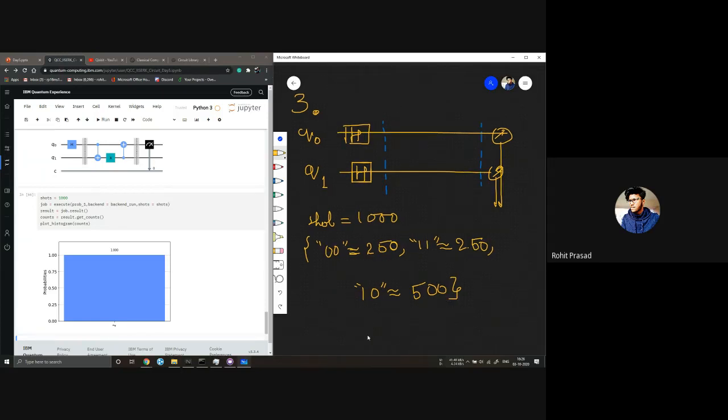Or in place of 10 you can also choose 01 to have 500 shots. It's up to you. Let's not do this, do this one: when this one is 1 and this one is 0, you need to have 500 shots.